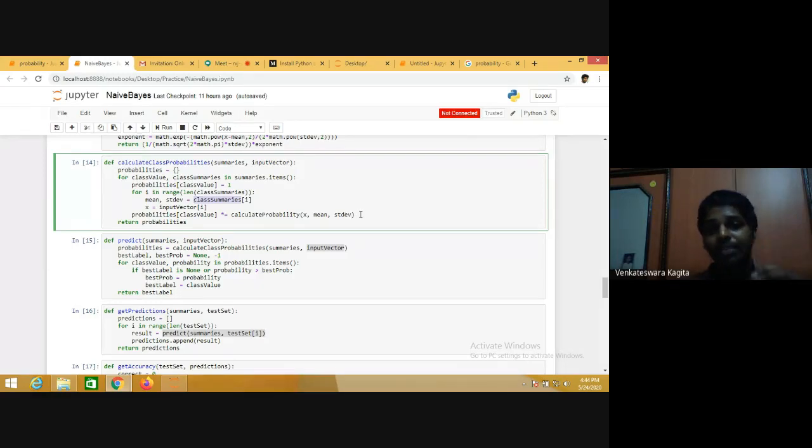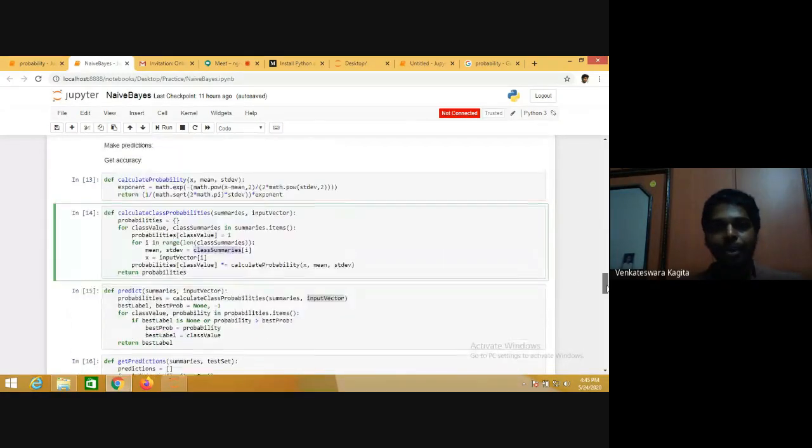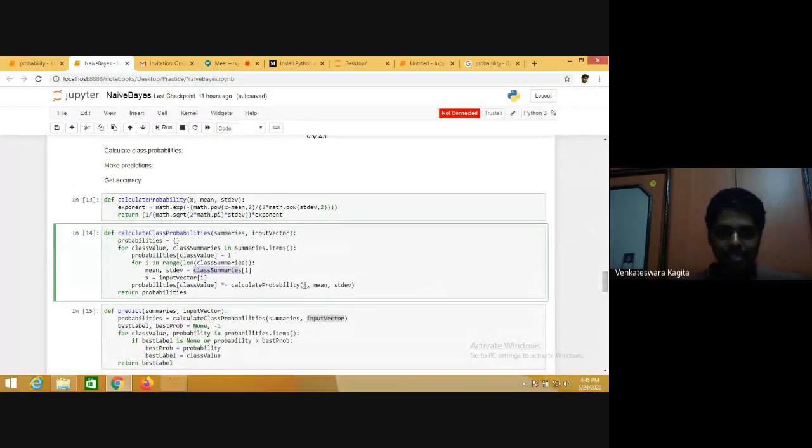For this value you are computing calculate probability for a particular x. It means that if a new instance is given to you, the number of times pregnant is 2, that is the first attribute, and the second attribute, say, is 100, the third attribute is 50, and so on.